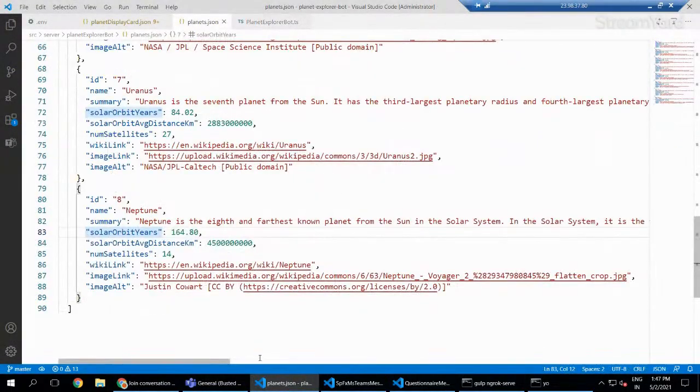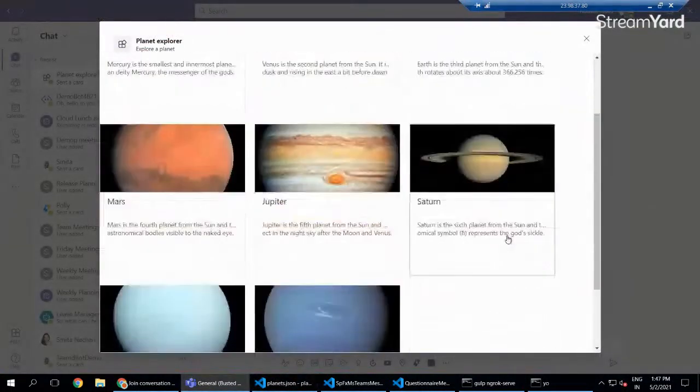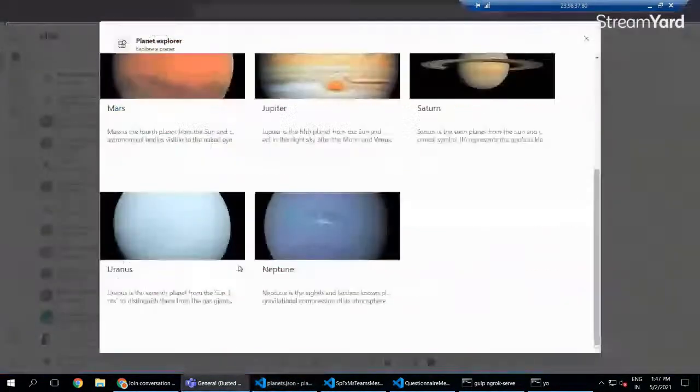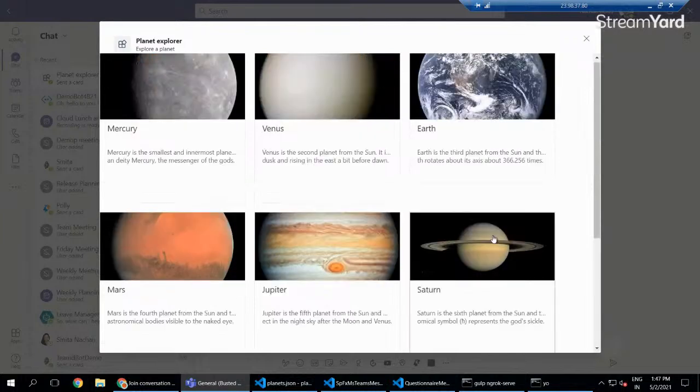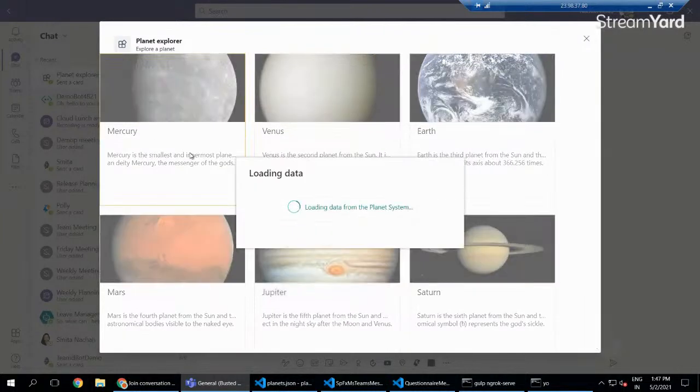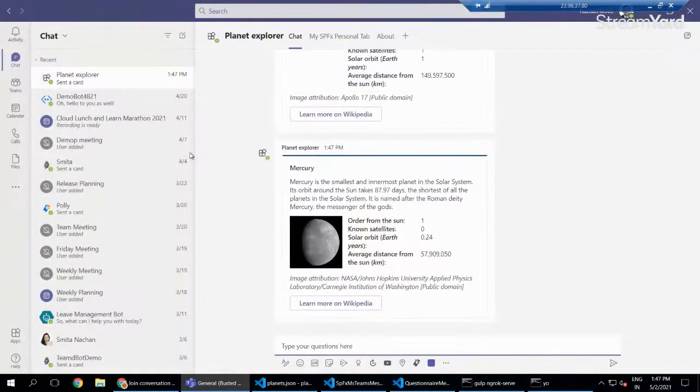In this JSON we have 8 planets which are being shown here, right? The last one is Neptune, which we are able to see here. This is entirely coming from the JSON file. So we can just click on any of the planets, and this information will be sent out to the bot, and then that bot in turn decides or gets